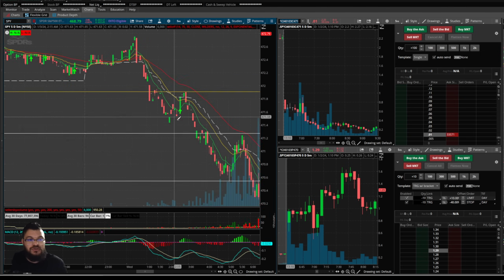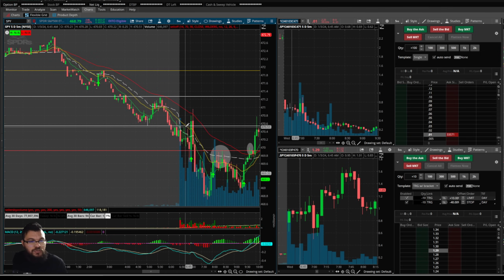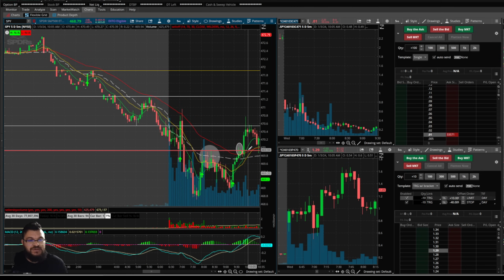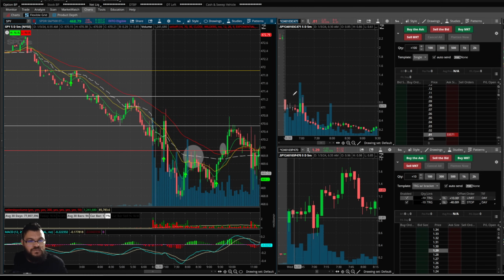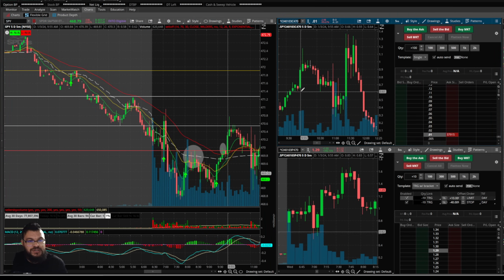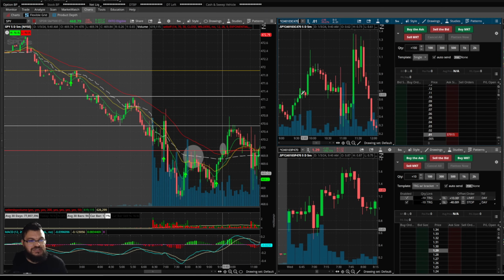So same thing here. We've been trending underneath that 50 EMA all morning and now it's starting to break. And then when it broke 470, this little move, if we come over here, this would have been at 470. So it probably would have been the 470 calls. That would have been the quote unquote safer trade. And look at how these perform.